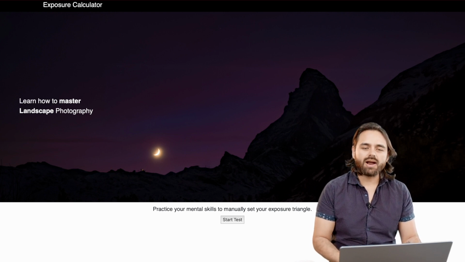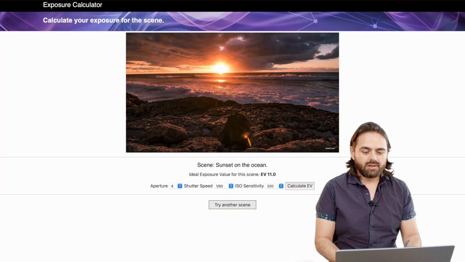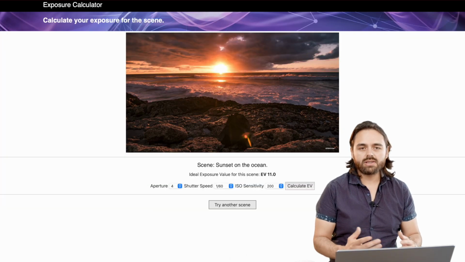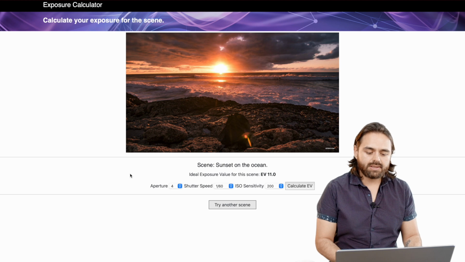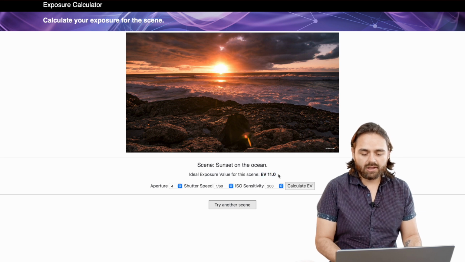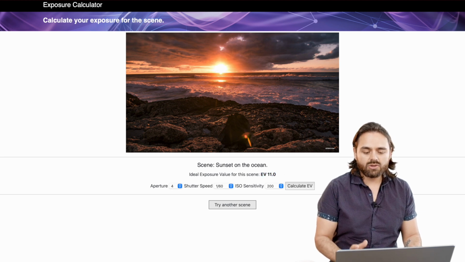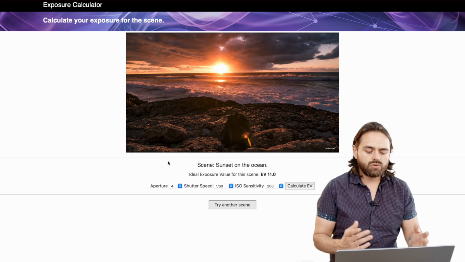So for me, this is a great practice to mentally adjust my brain to calculate the EV exposure of a scene. When you get to this page, the algorithm in Python reads from a CSV file that has different scenes and randomly picks one. This CSV file has three values. It has a value that describes the scene, like here, sunset on the ocean, another value that describes the ideal exposure value of the scene, in this case 11, and we also have a guideline photography we are trying to approach. In this case, all these photographs are mine, and it says, well, how would you manually